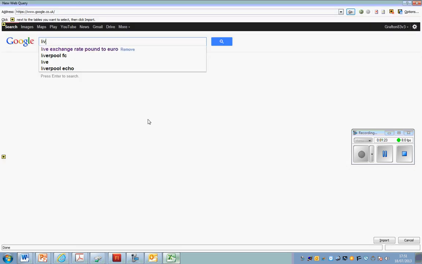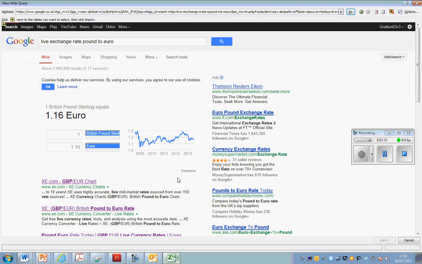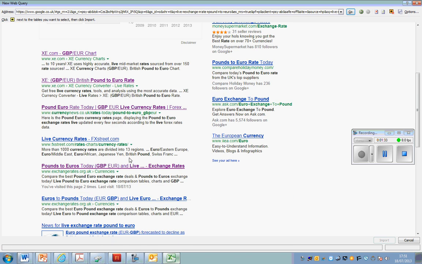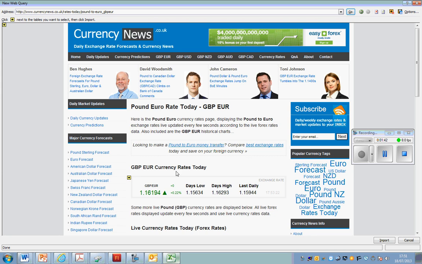And I'm going to type in live exchange rate, pounds to euro we want. So live exchange rate, pound to euro. And then I'm going to try this one where it says currency news. Let's try that, see if there's an exchange rate. So this tells me that the exchange rate is